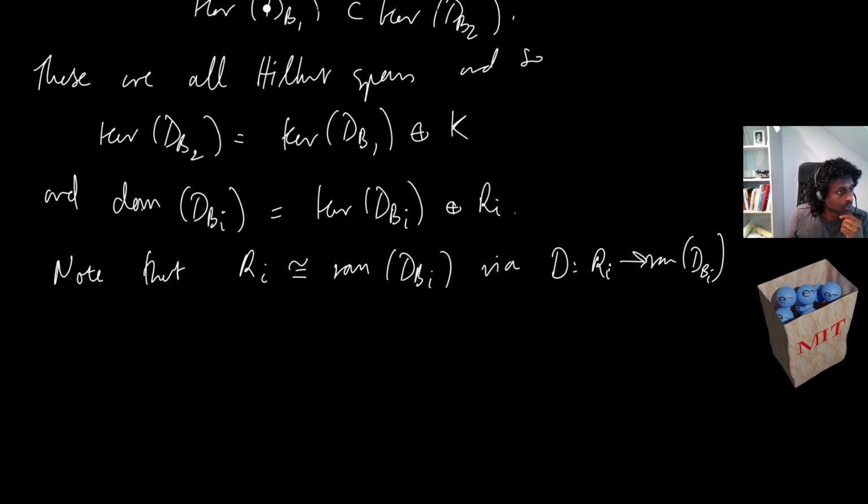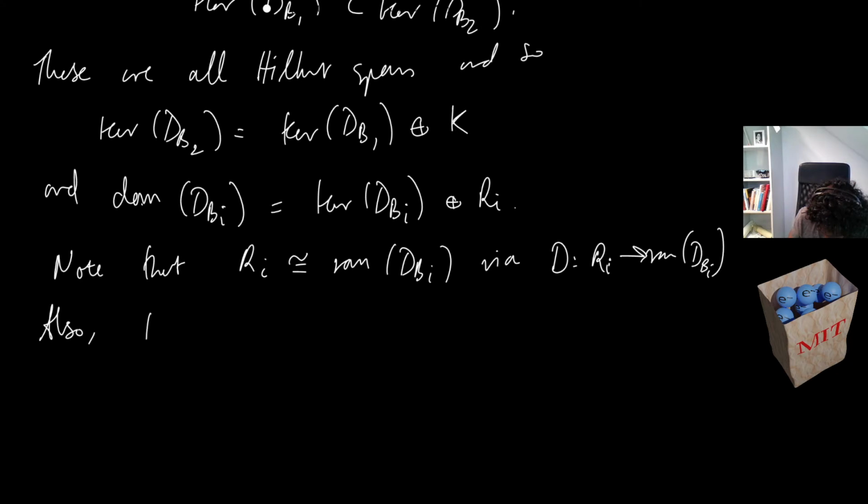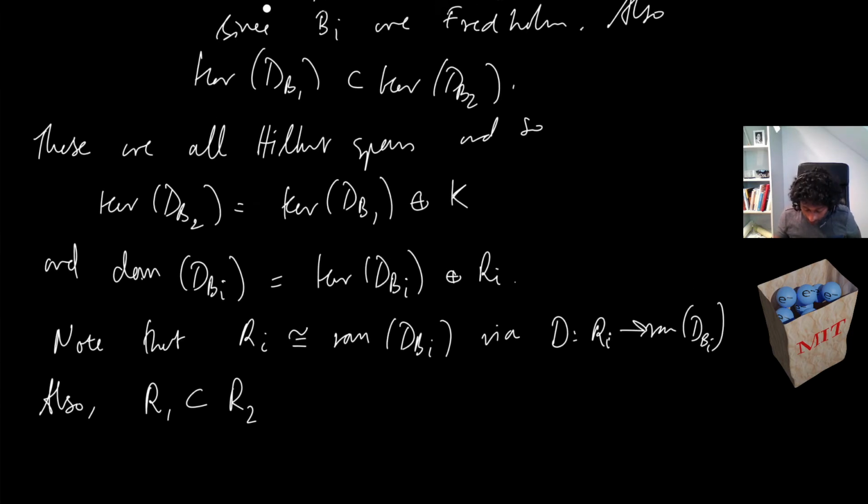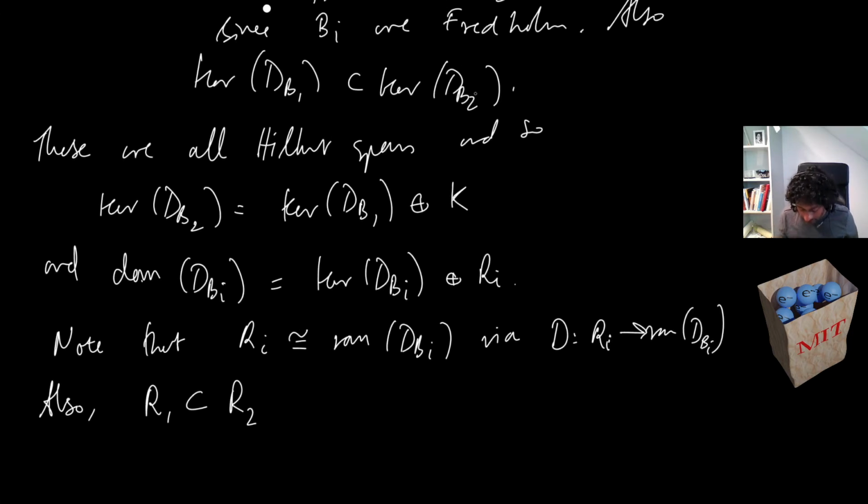So also, R1 is going to be contained in R2, because the kernel of dB1 is contained in the kernel of dB2. So if I take the orthogonal complements, so of course I should write that these are orthogonal complements, so that we are fixed with these spaces, then we can certainly assert that if I have dB1 and compute its orthogonal complement, then it's going to certainly contain